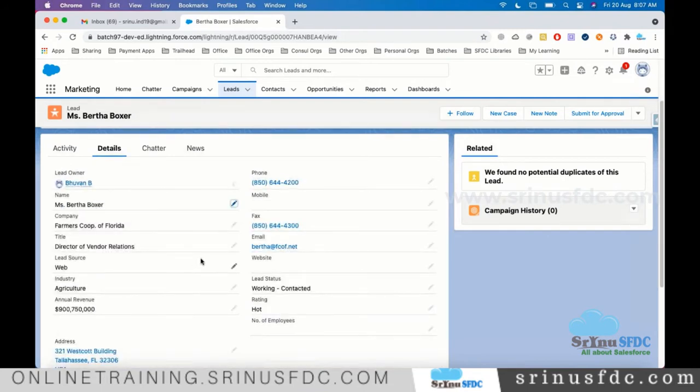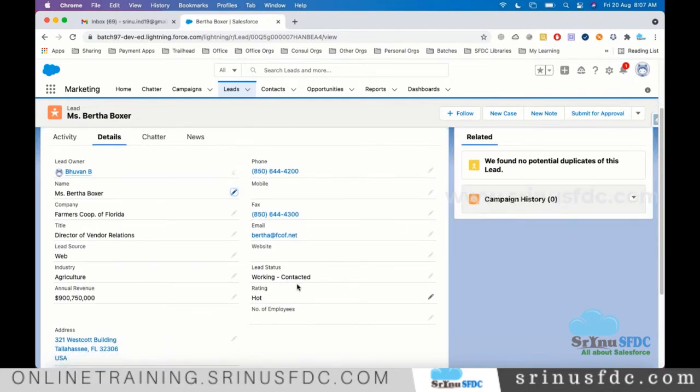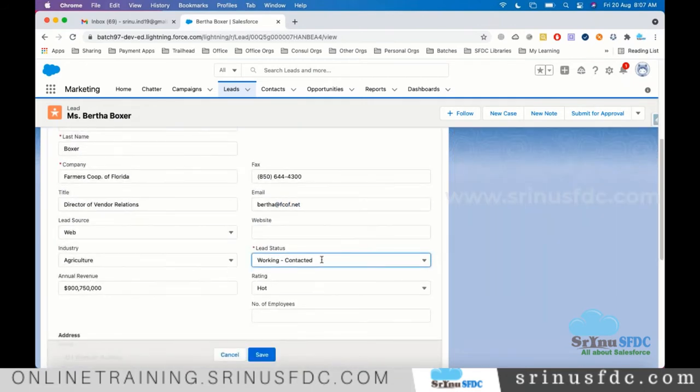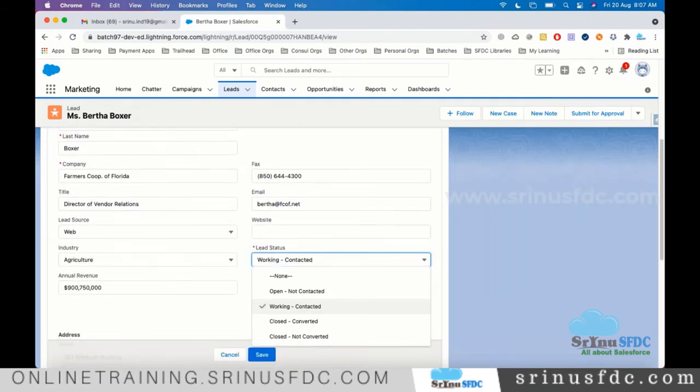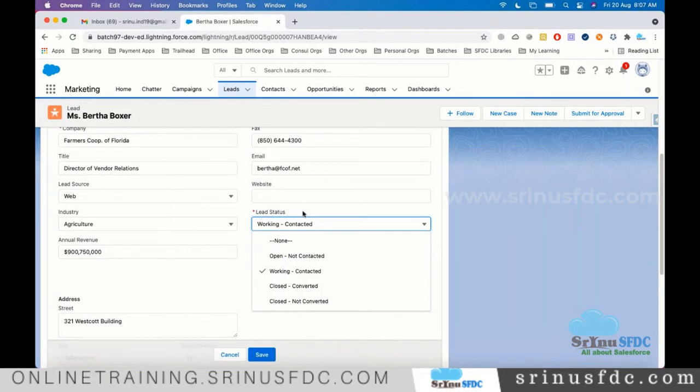Now someone from the Dell company will call this lead and check for interest. So the lead status will be tracked. What is happening to the lead will be tracked using one of the standard fields called lead status. Field means column. This is a standard field provided by Salesforce. These are the standard values provided by Salesforce. If there is a need to add or remove, we can do that. That's the reason we are going to work.